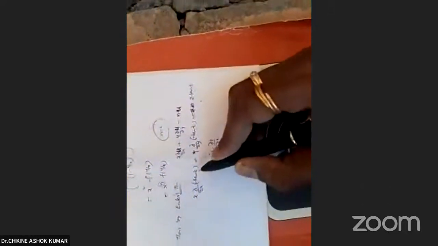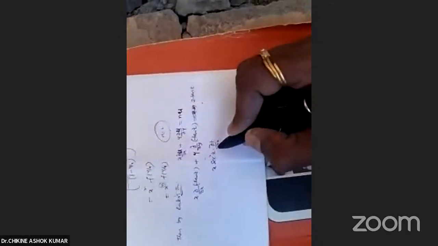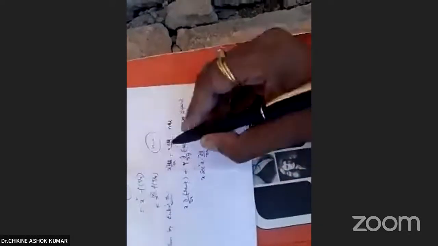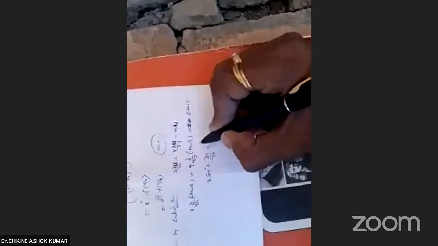So n equals 2, and u means tan z, so 2 tan z. If you do the complete simplification, you'll get the result. It is asking us to prove this result. So first, x ∂/∂x of tan z. For the differentiation of tan z, we get sec² z, times ∂z/∂x, plus y into ∂/∂y